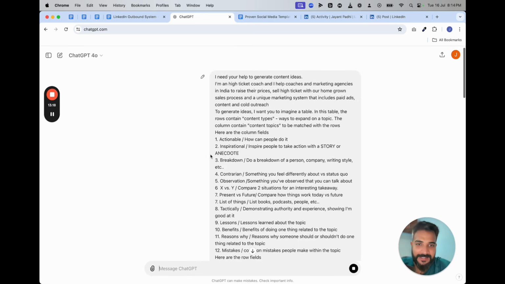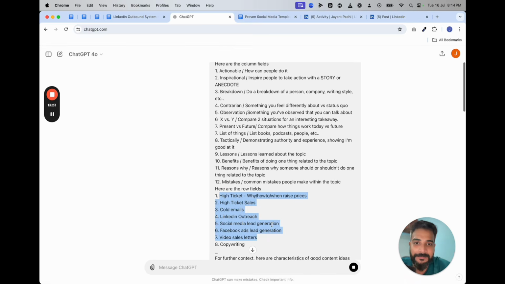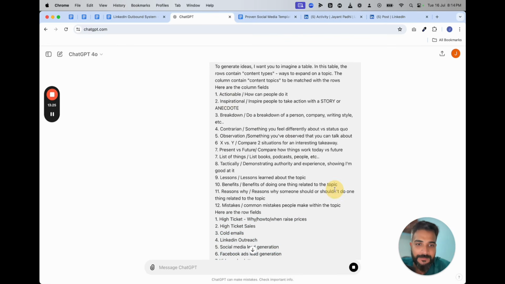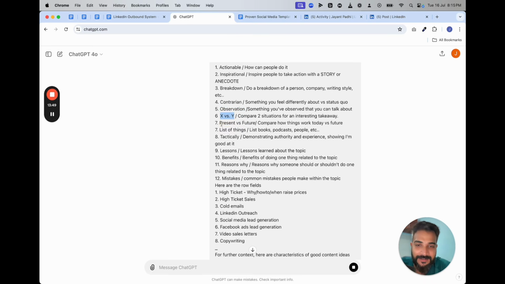So what it does, basically, I'll show you. Every big high level topic, it will break down into 12 columns. It can give you actionable insight, like how to raise prices if it was high ticket, how my client raised their prices, how to raise your prices step by step, why you shouldn't be charging low ticket, 7 observations after serving 1300 plus clients and helping them charge high ticket versus low ticket, high tickets in 2024 and before,